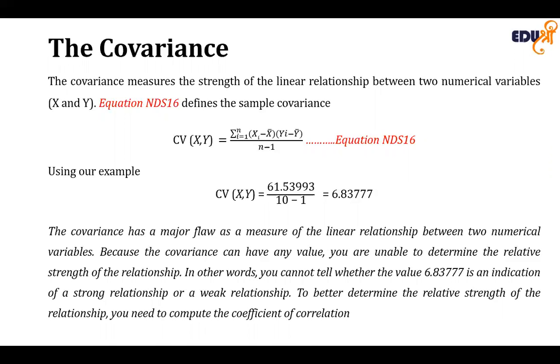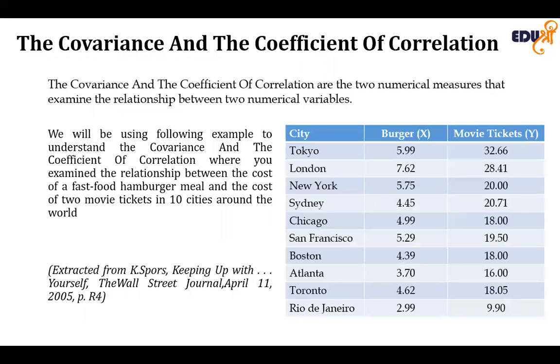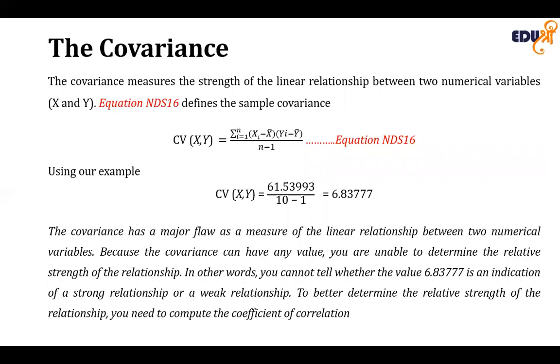So, to calculate the covariance of x and y, it is calculated from x minus the x mean, and y minus the y mean. On the basis of the example that we have for the burger and the movie ticket, the covariance is 6.8377. In other words, you cannot tell whether this value is an indicator of a strong relationship or a weak relationship. To determine the relative strength of the relationship, we need to compute the coefficient